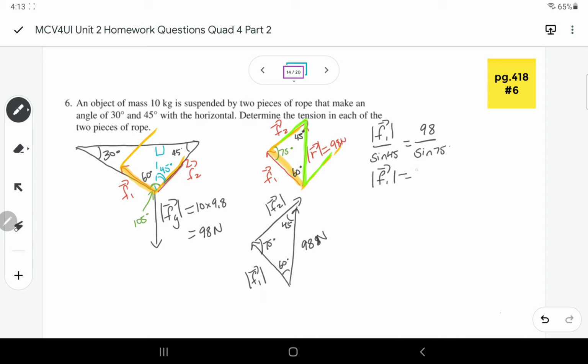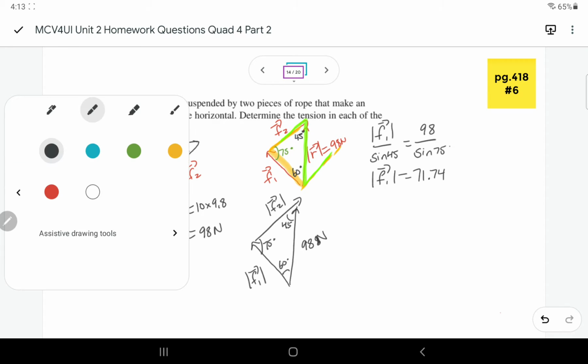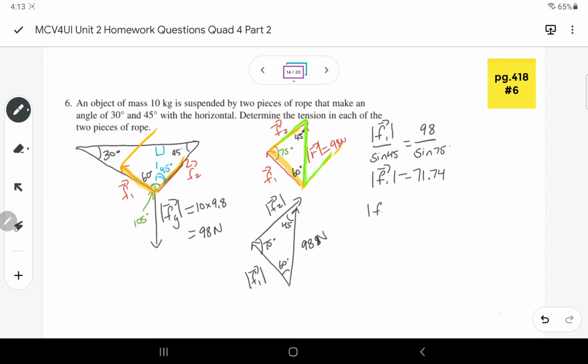So I get that force is 71.74. And then the magnitude of F2 over sine 60 is 98 over sine 75. So again, sine 60 times 98 divided by sine 75, there I get the second force of tension is